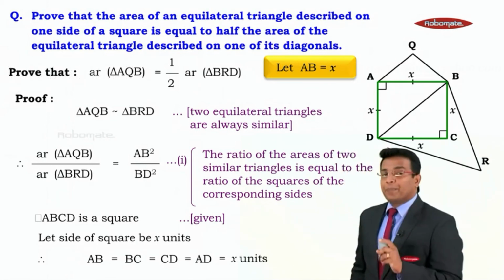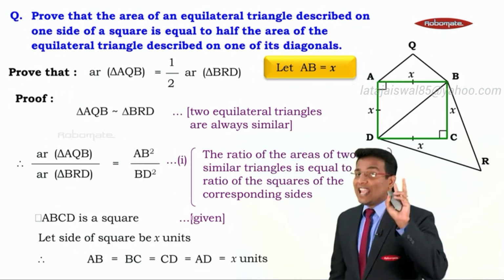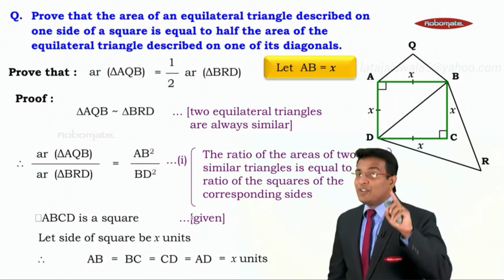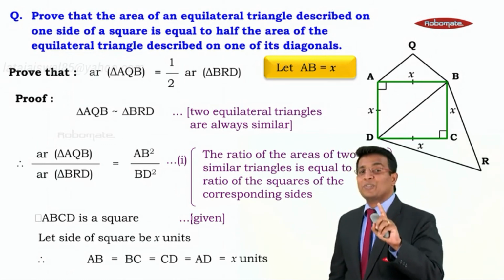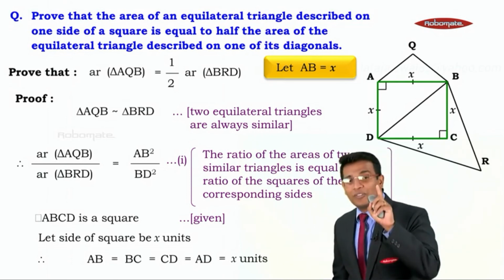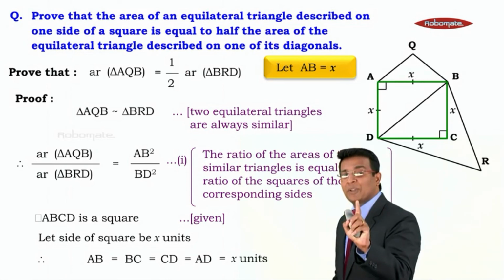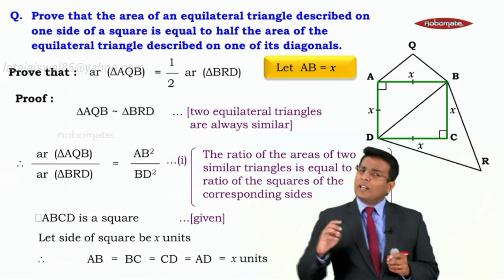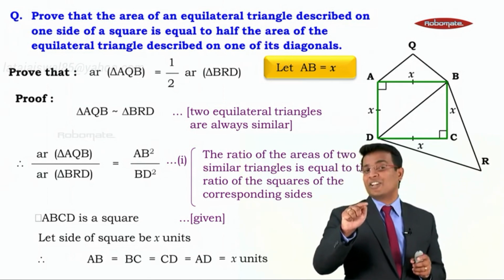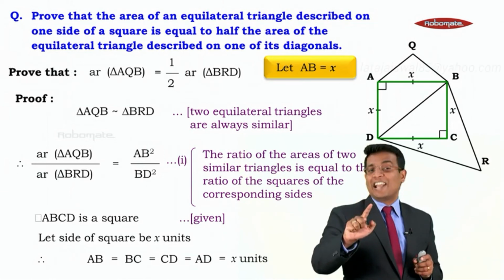Now students, our job is what? We somehow need to get the relation between AB and BD, and we should get AB square upon BD square as half. The right hand side we need to get as half. If we get the value of the right hand side of that first result, that is AB square upon BD square, as half, we get the sum. That means we want a relation between AB and BD. Now this is where I am leaving you, and I want you to get that relation, the relation between AB and BD. Get that relation, and I'll be back.